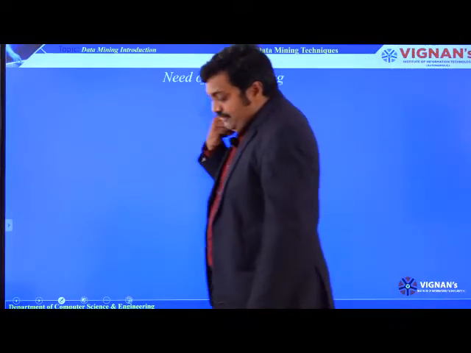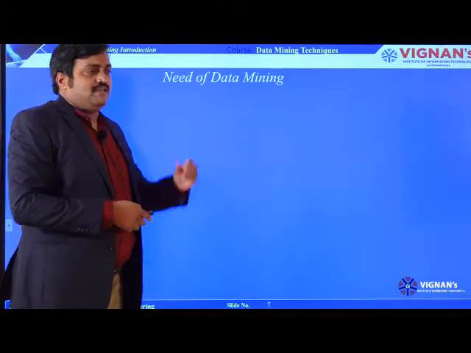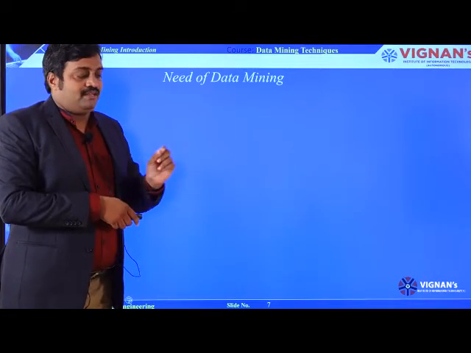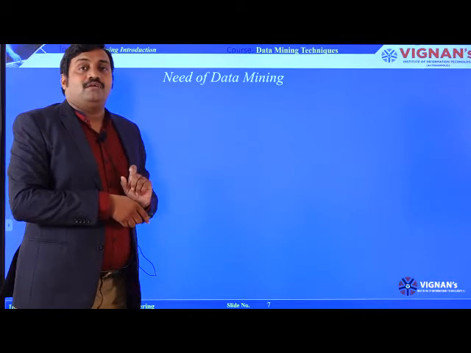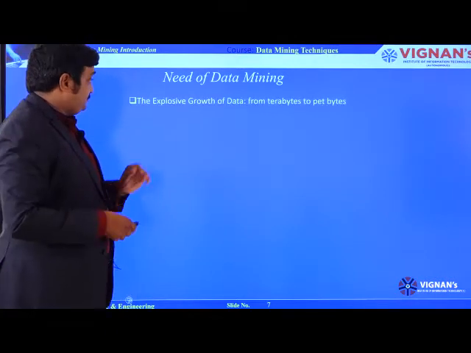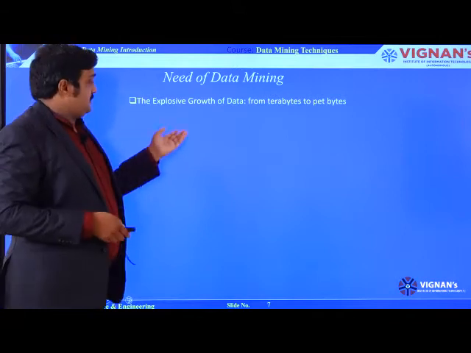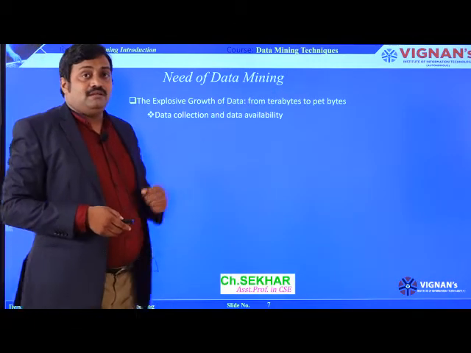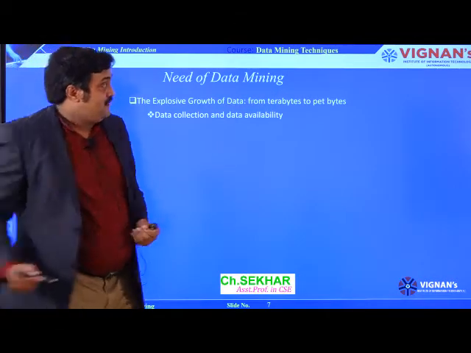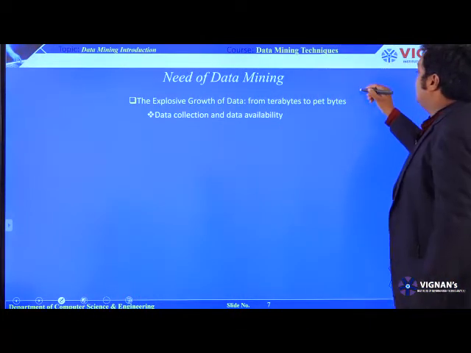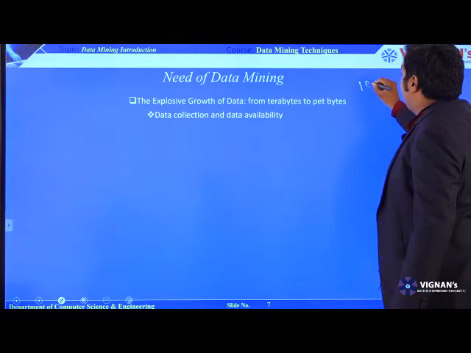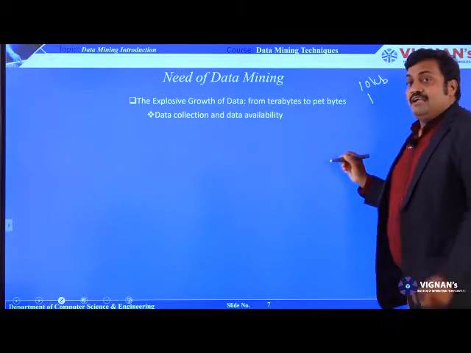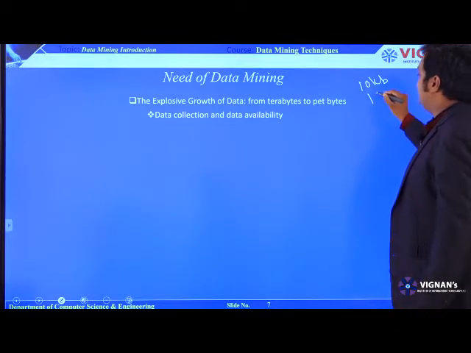The second thing is the need for data mining. Why do we need it? Simply defined, it is extracting hidden data from huge information to find the hidden pattern and make a good decision. Now, we have huge data, terabytes to petabytes. In olden days, we had file sizes like 10 KB. Now, whenever I ask any student, they simply say that their hard disk size is 1 terabyte